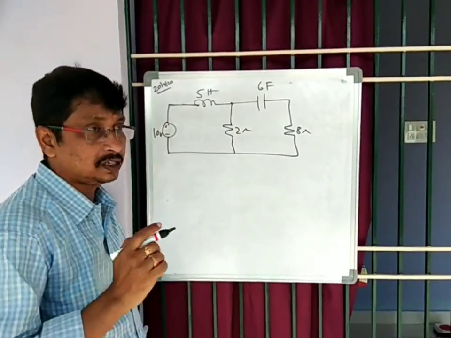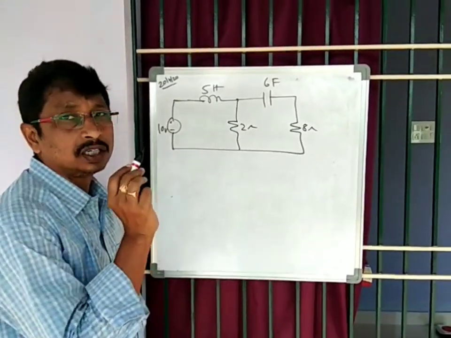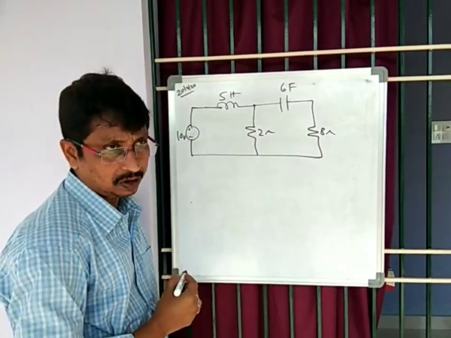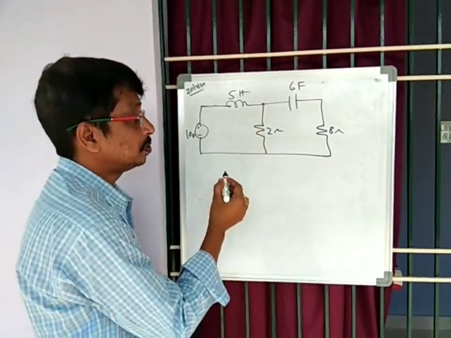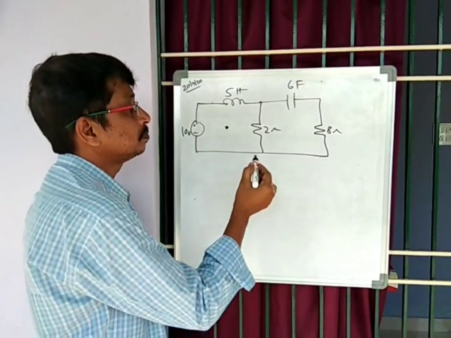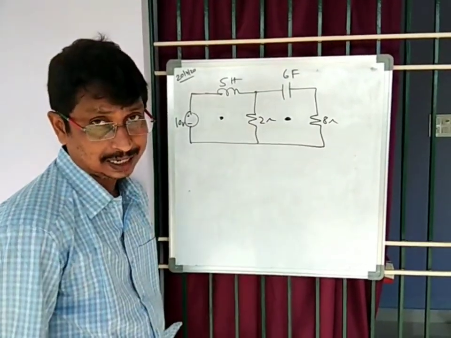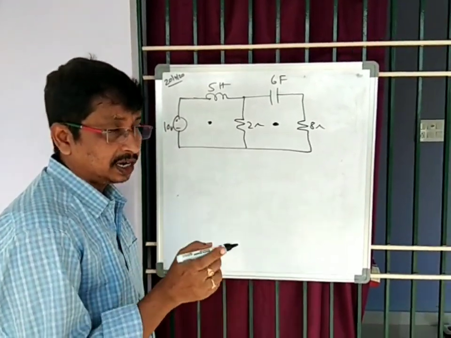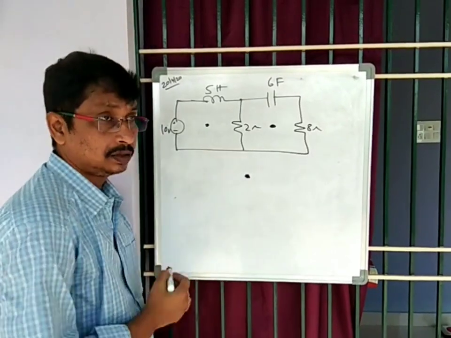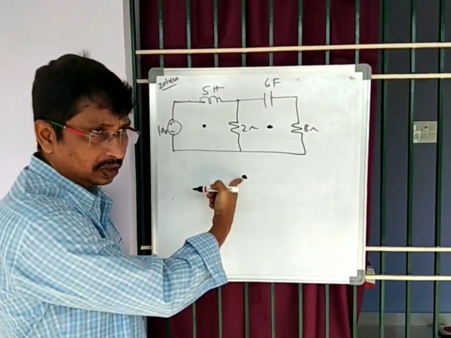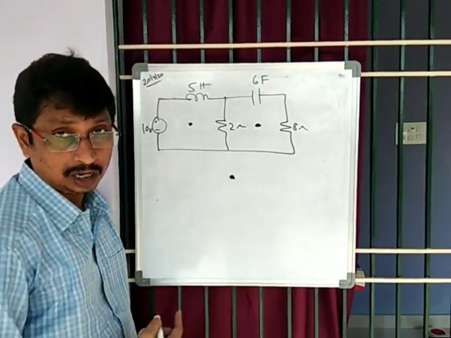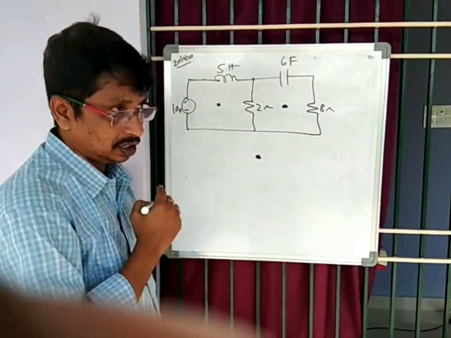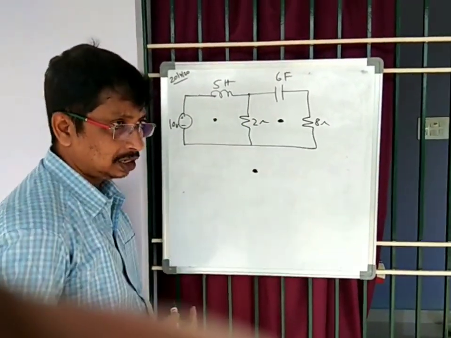For that, the procedure is, first step is, place a dot that represents a node. Place a dot in each loop of the given circuit. Here we are having two loops, so one dot in one loop and a dot in the second loop. You also have to mark a dot outside the circuit like this, and this dot or node represents the reference node in the dual network. That is the first step, placing of dots in all the loops and also outside the network.